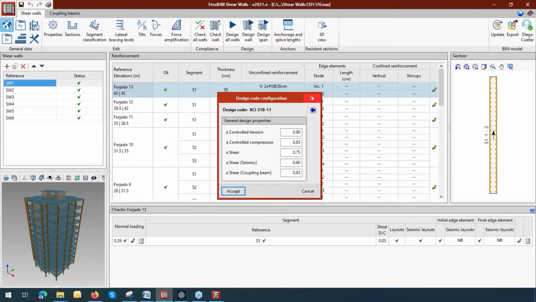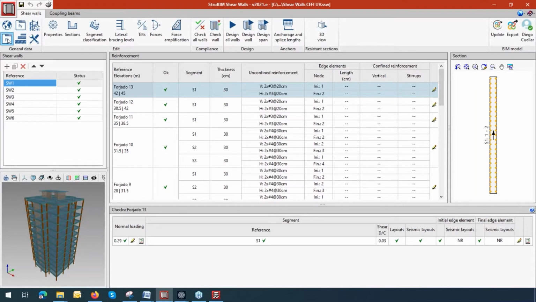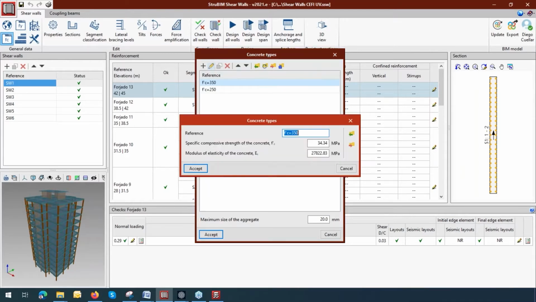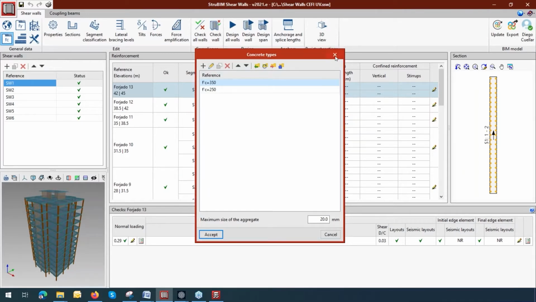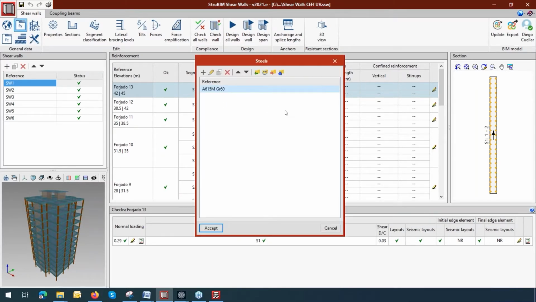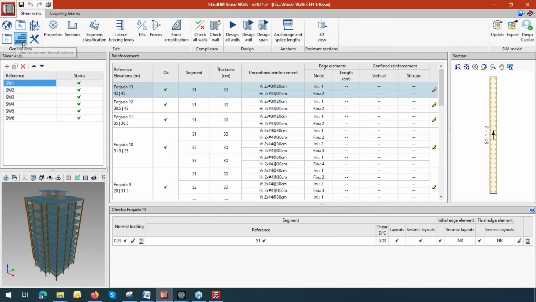All right, so we go back here to the design code. Also, you can control here the tension, shears, shear seismic, and shear coupling beam. These values are set up for you automatically. Go back to the kind of concrete types, and also you can create your own ones. You can create any one. The same thing for the steel, same thing. And then for the rebar,